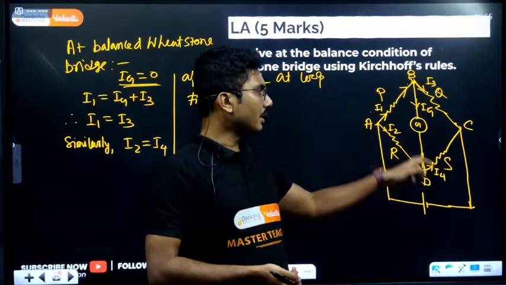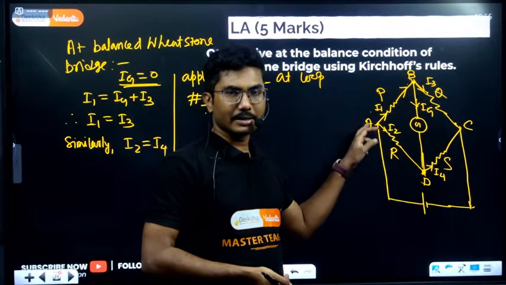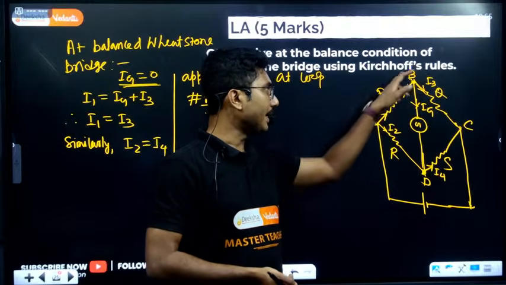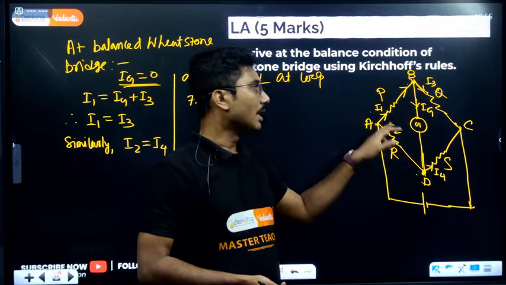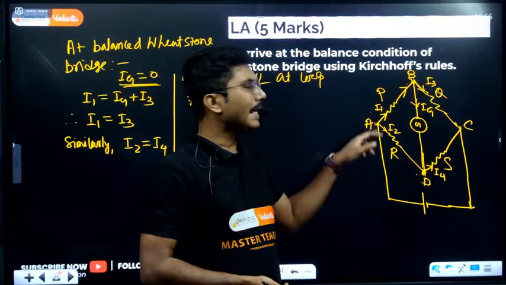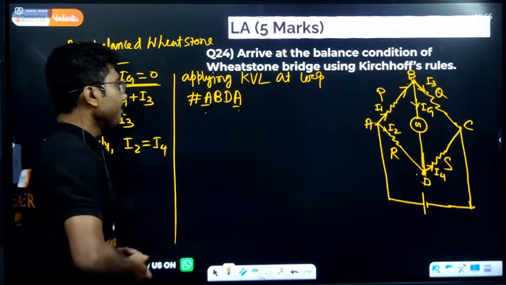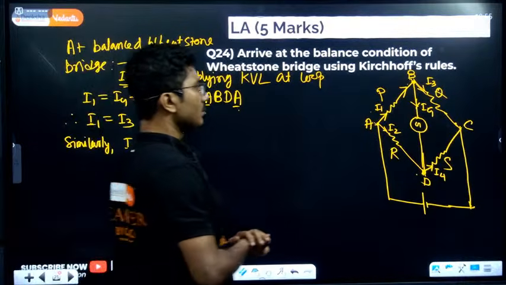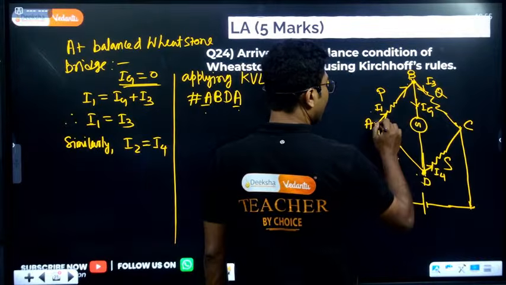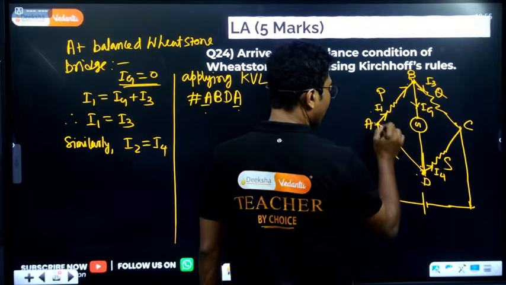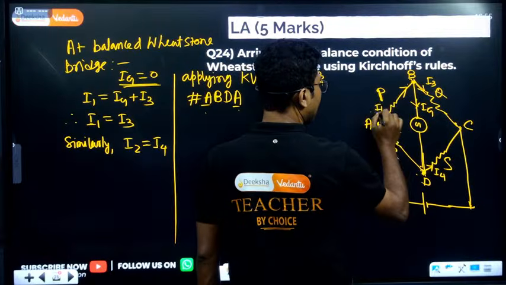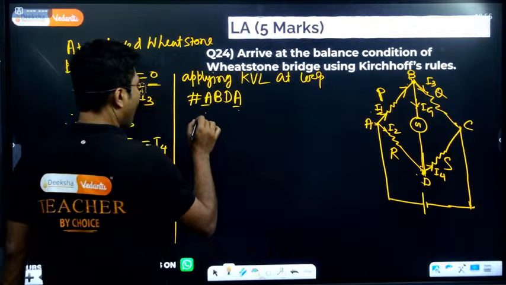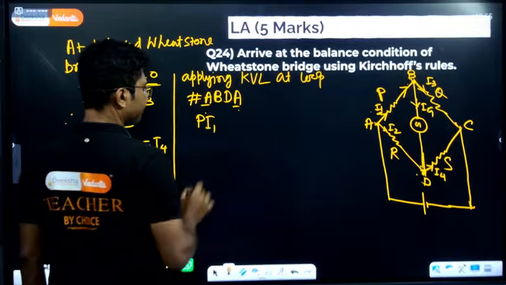Okay, this is not a rectangle or a triangle or anything like that. It is a loop. Starting point A, B, D, A. If I just write A, B, D, this is a triangle. But if I say A, B, D, A, then it's a loop. In this loop, we are going from A to B, B to D, and D to A. So this is the resistance P, this is the current I1. So P into I1